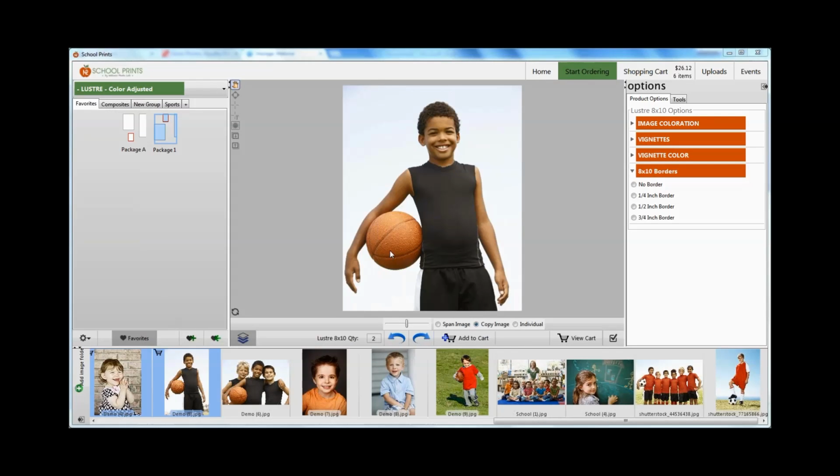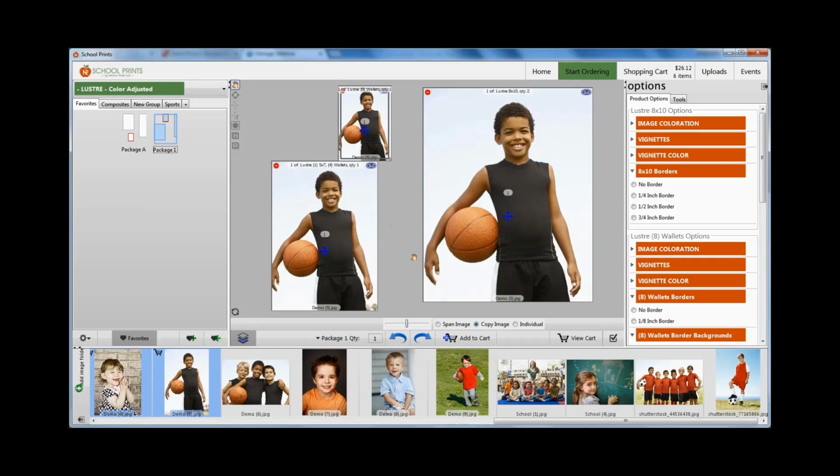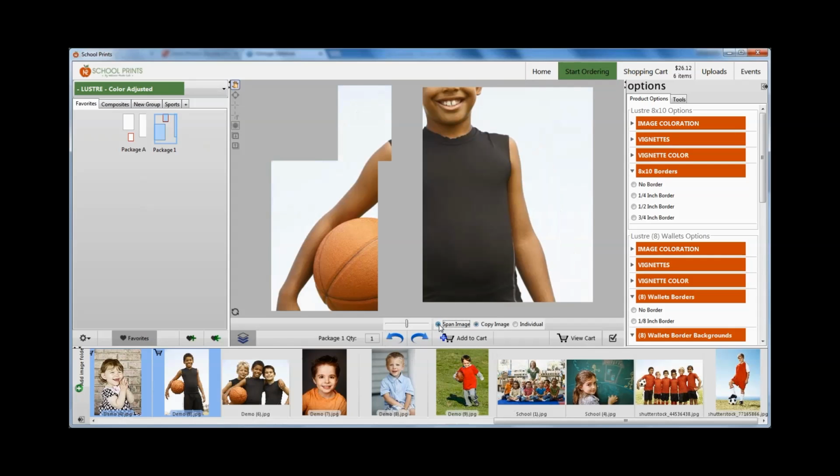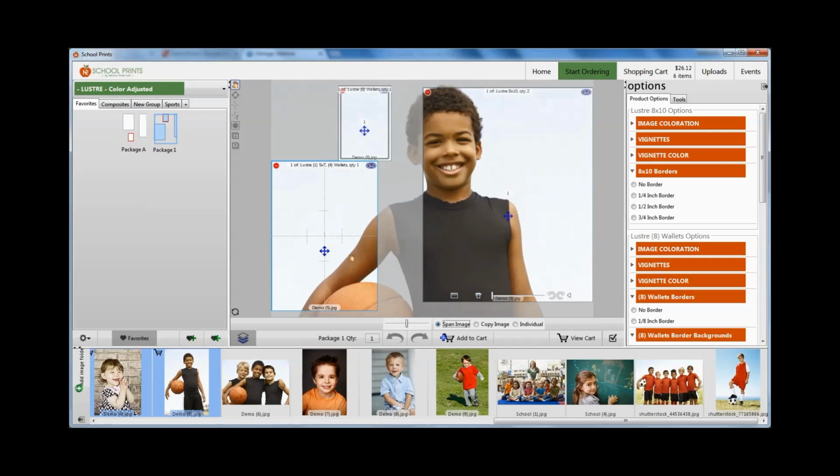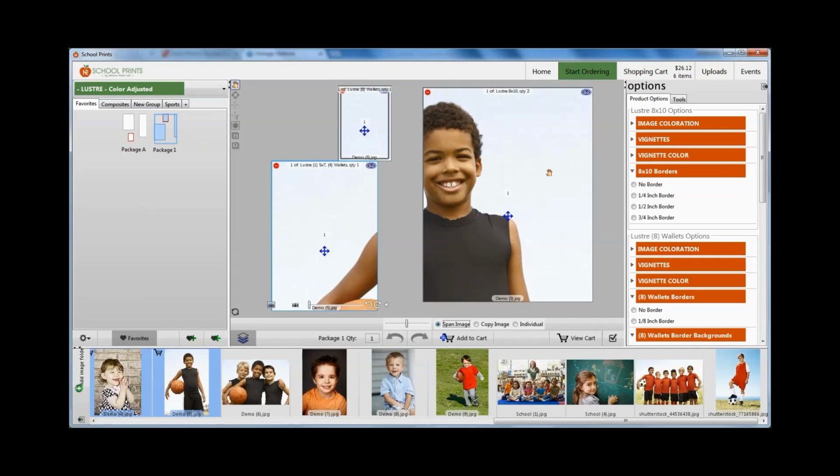Span image. So I'll show you what span image is. I'm not sure it's really going to be relevant for what you guys are doing. If I click on package A and then I select span image, it just basically breaks up the image into little sections. I'm not sure why they added that there, to be honest. Maybe for group shots or something like the very long panoramics, or